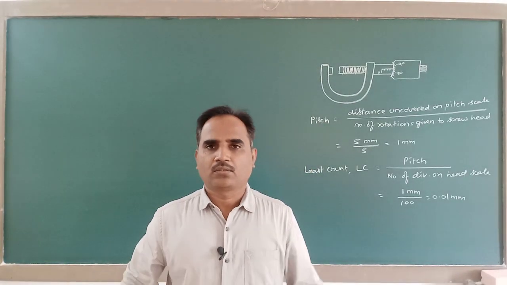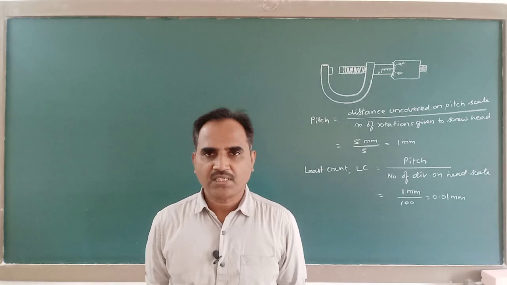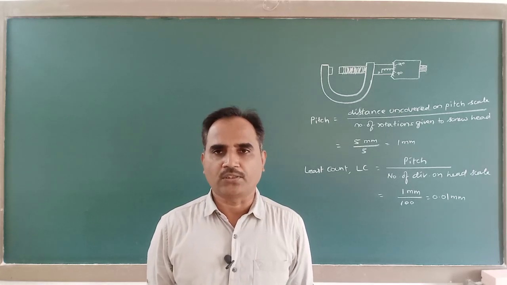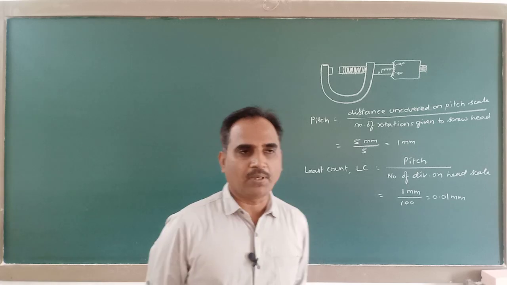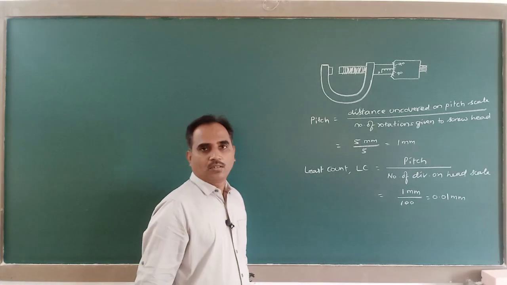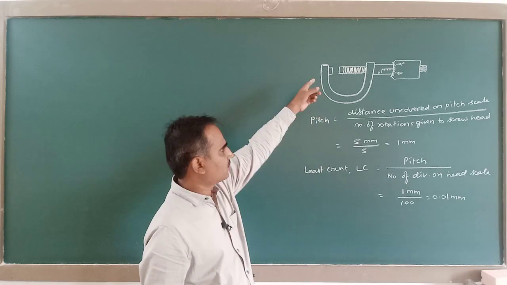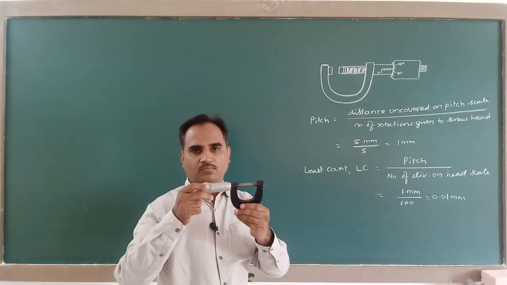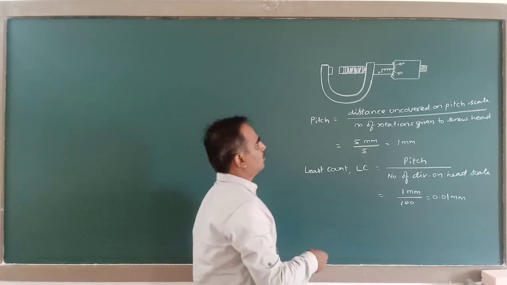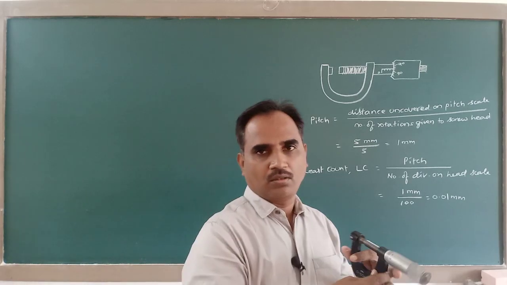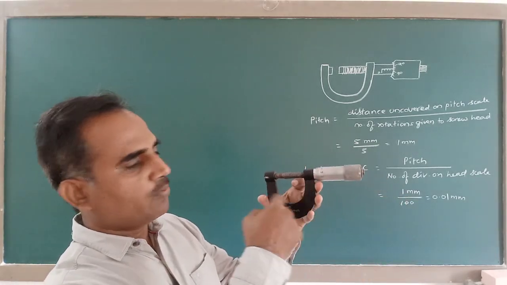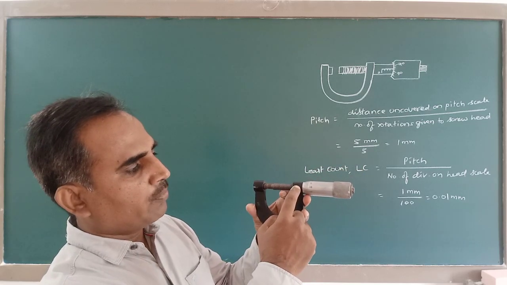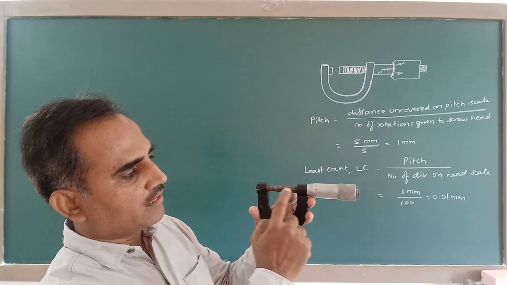Dear students, in the previous lecture I was explaining to you about the screw gauge, which was incomplete. A screw gauge looks like this. This is the model. So here you have a U-shaped metal strip. Through this U-shaped metal strip there is a screw passing like this.